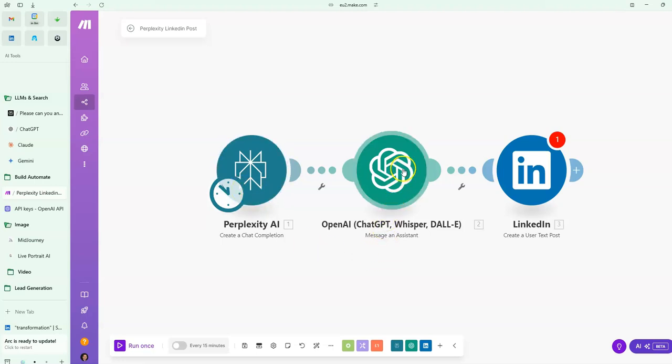The next one then, in this example, is ChatGPT. ChatGPT has been programmed with an assistant to take this basic core data and to turn it into a more well-rounded, better written post. And then again, we've got the APIs and such like in here, and the design in here, and then we feed that through into the LinkedIn post, and then LinkedIn executes and posts it. So in this example, it will be 2 minutes past 12 because this takes a few minutes to do its thing. But this is an example of absolutely, once you've designed it and set it all up, it's 100% automated,